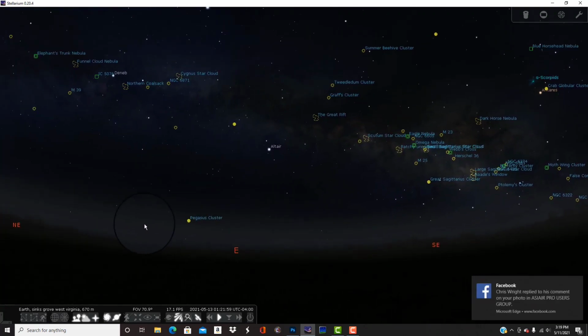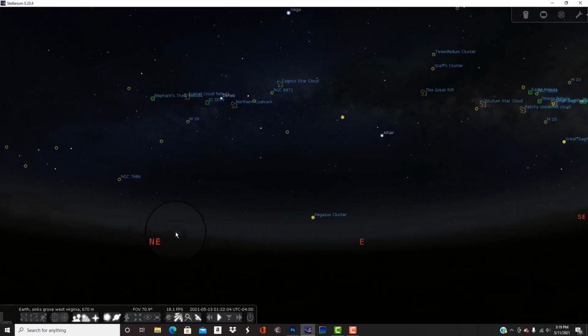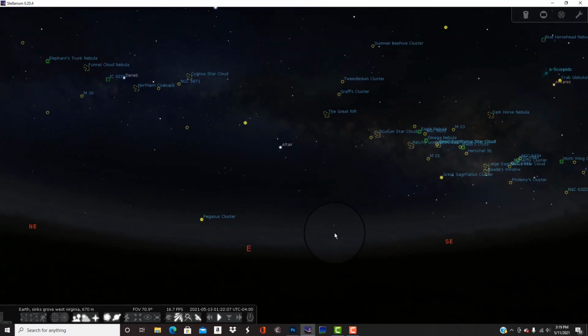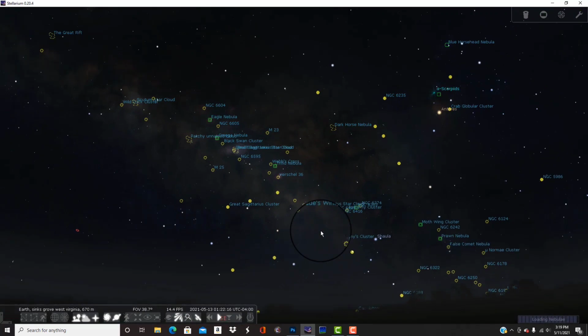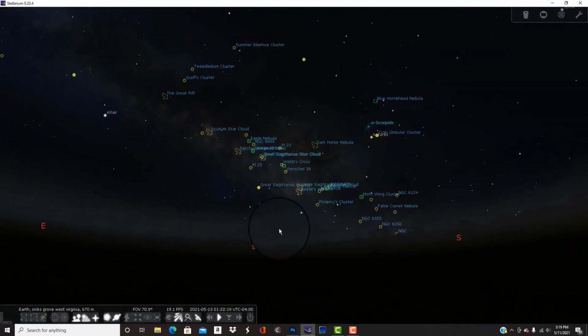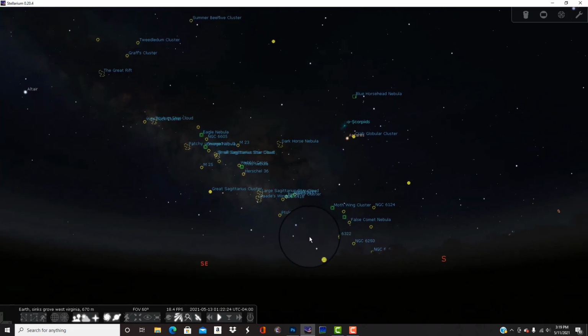It would be nice if I had a real view here of what it looked like outside at my house. I don't know if I could maybe email the Stellarium guys and see if they could put an image of that. I know Astro Backyard did something like that, and he actually has his own backyard displayed on here, so that would be kind of nice if I could figure out how to do that. If any of you guys know how to do that,